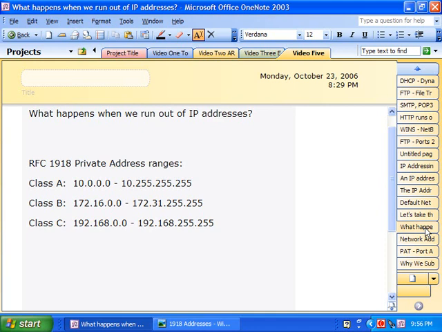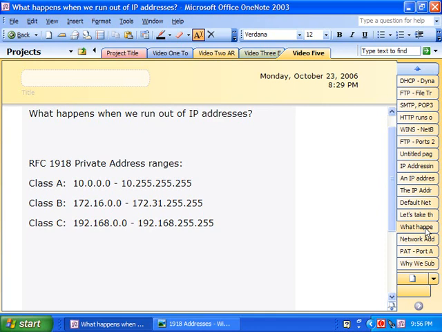So we came up with RFC 1918 private address ranges. These address ranges that are on the whiteboard now are reserved for devices on internal networks. And you can say, well, internal for what? They can't be placed on devices that are going to be communicating over the internet, such as, say, a router